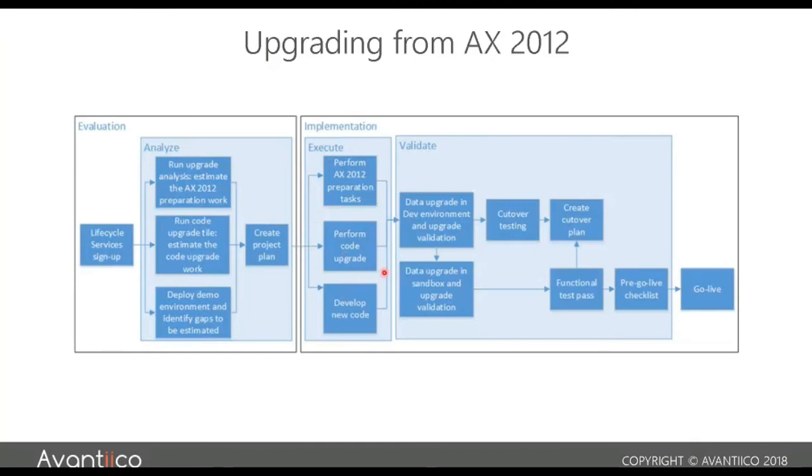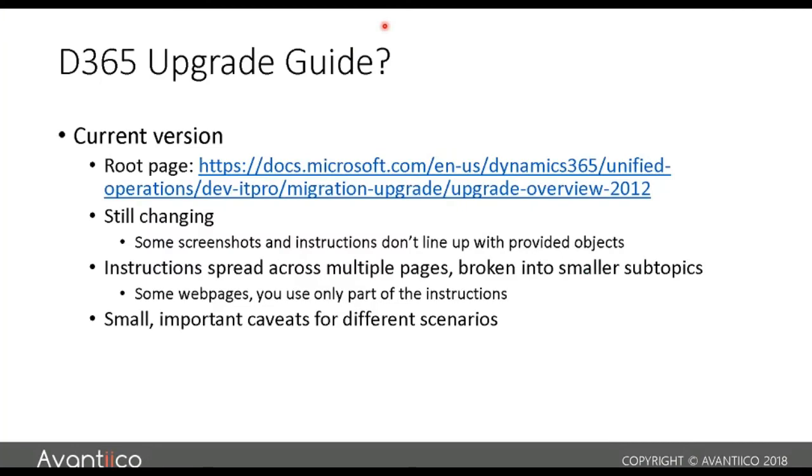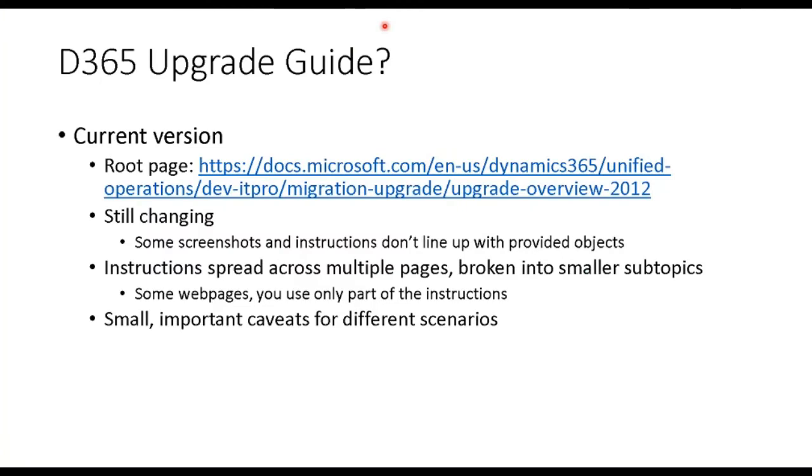We would do a code upgrade and then the data upgrade, and then we would cut over and go live. So we're going to talk about these in the next slides and how these would play out. There's a lot of information, and this information is changing. It's currently evolving. R2 is very recently being added.